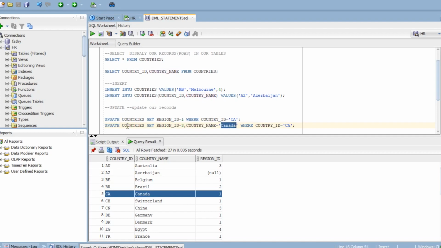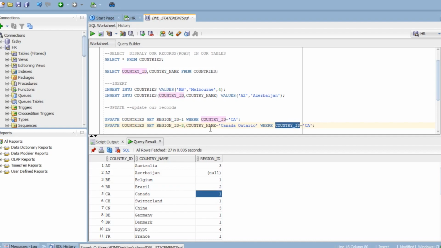here. Okay. So here I am going to give another update statement, update country, set region ID equal to 3. Now 1 is there. Now I am going to change the region ID to 3, as well as I am going to give the country name as Canada, Ontario. Okay. And I am going to change, instead of Canada, I am going to change Canada, Ontario. So two columns I am going to update. Instead of Canada, I am going to give Canada, Ontario. Then in region ID equal to 3, I am going to give the region ID equal 1. In where country ID equal CA.